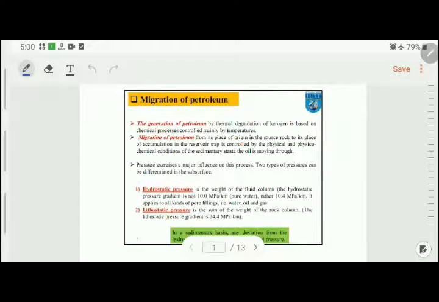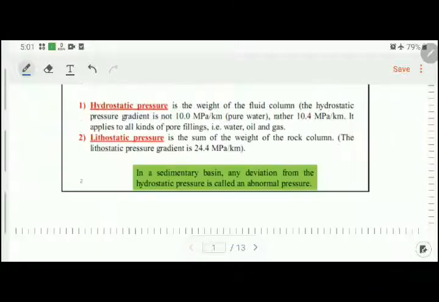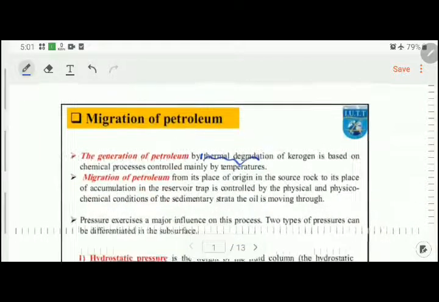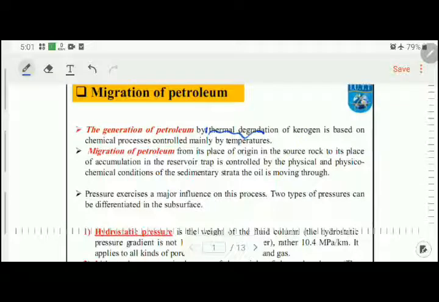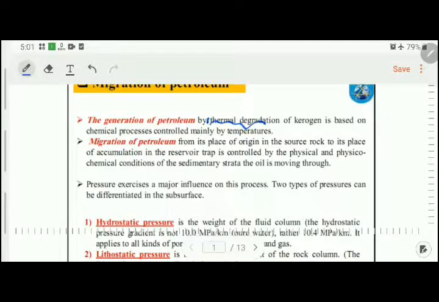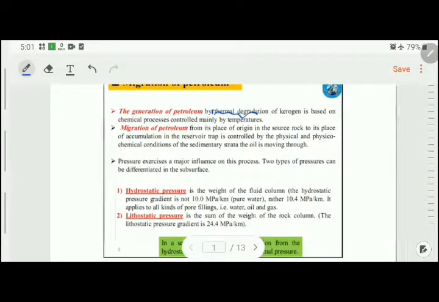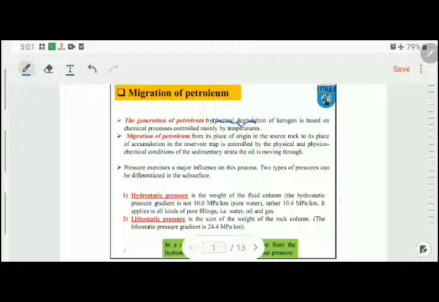And we have studied that the generation of petroleum was by the geothermal degradation of kerogen, which is a chemical process controlled by temperature. According to the temperature and the high pressure, the kerogen can be converted to petroleum. So, the migration of petroleum, we have studied that it can be from